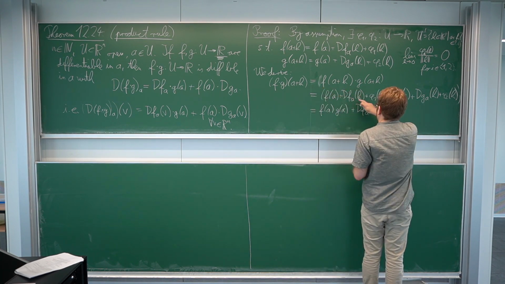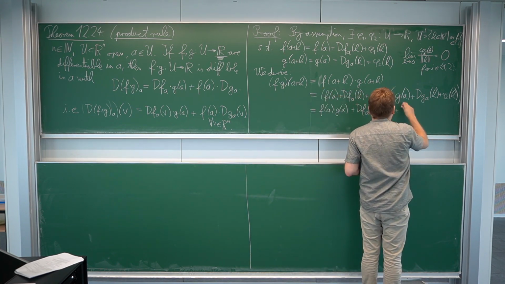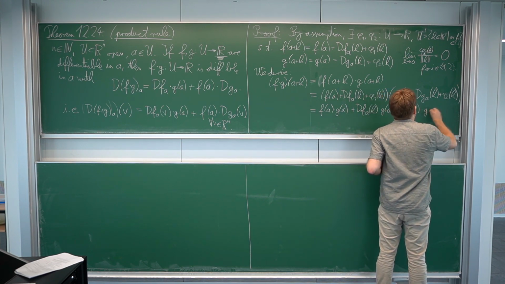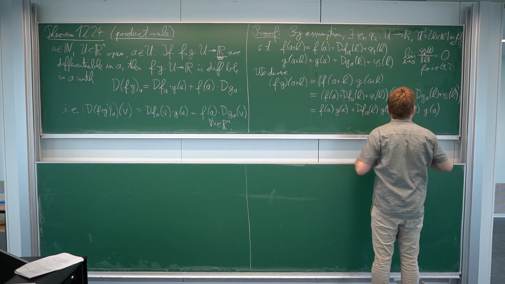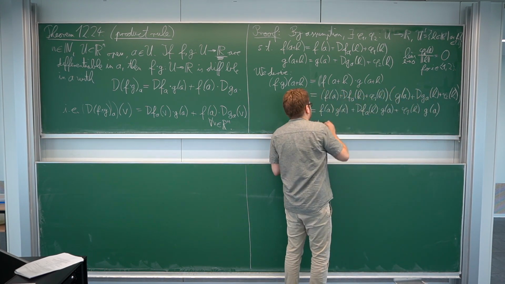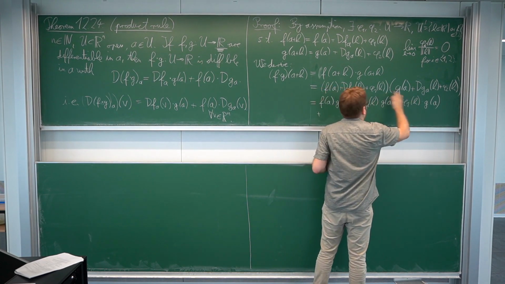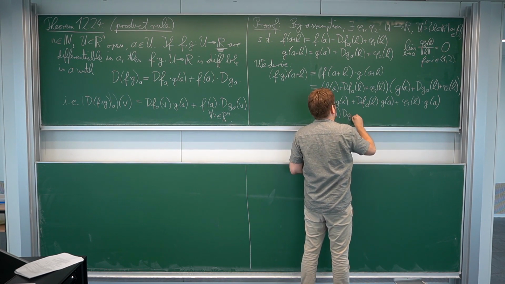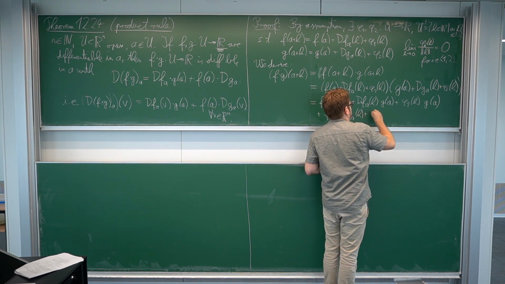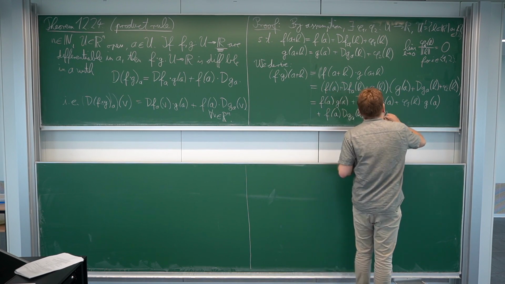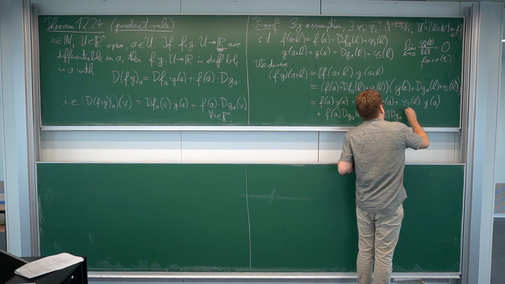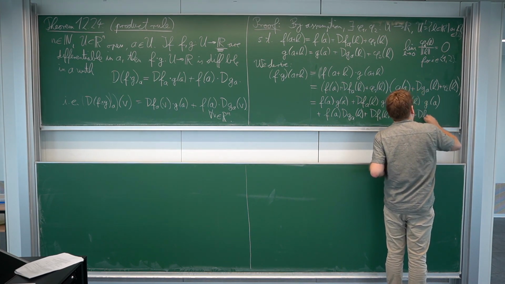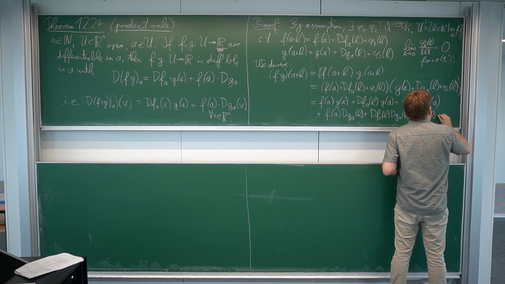So now, if we multiply this with g of A, we have phi 1 of H times g of A. Now we have multiplied everything with g of A. Then we have to multiply everything with this one. So we get f of A dg A of H plus dfa of H dga of H plus dfa of H times phi,